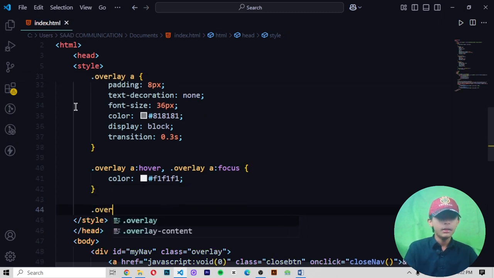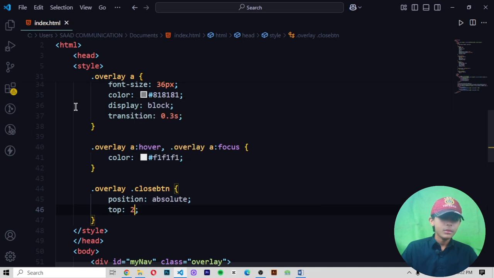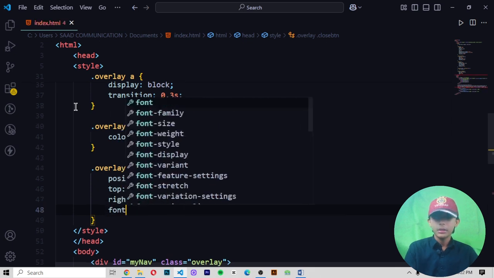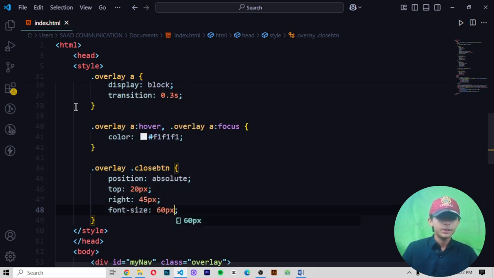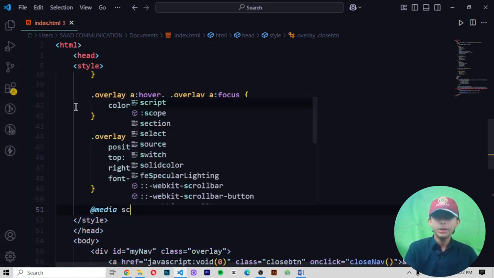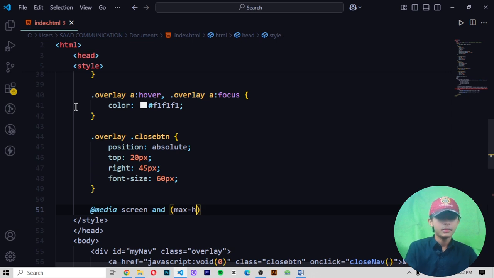Then .overlay .closebtn, I am writing here position absolute, top 20 pixels, right 45 pixels, and font size will be 60 pixels. Now I define a media query. Now let's do it in the responsive. Max height 450 pixels,